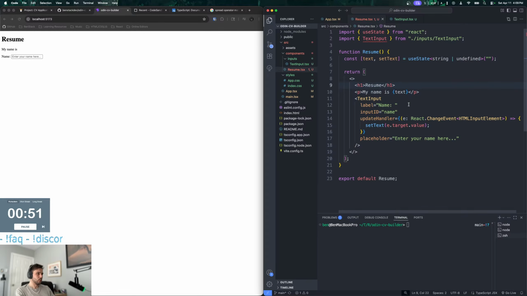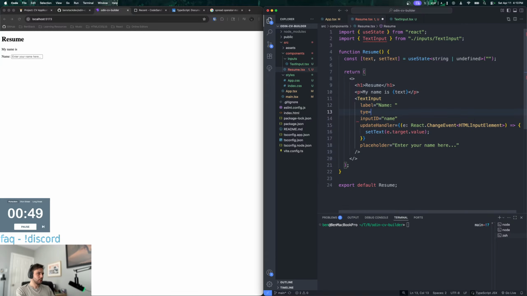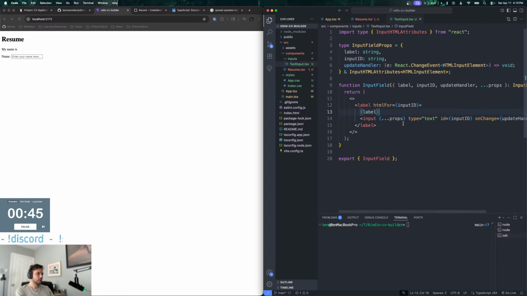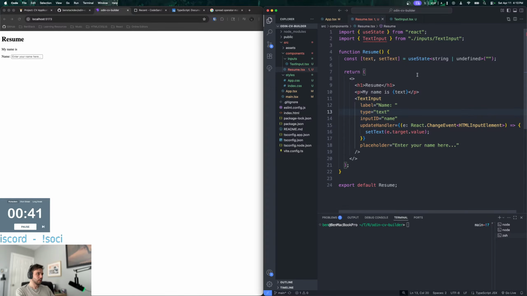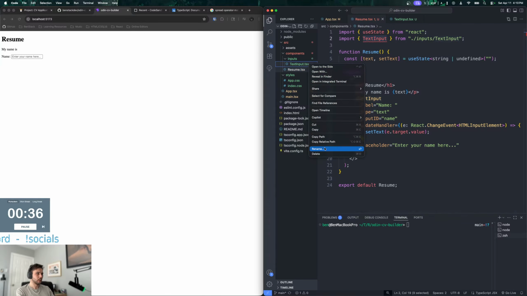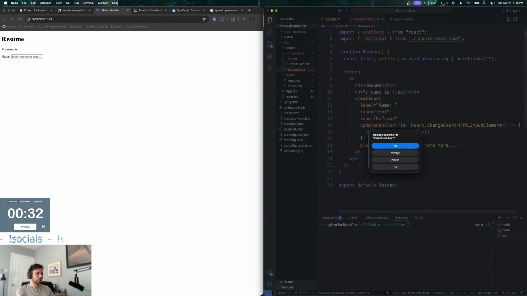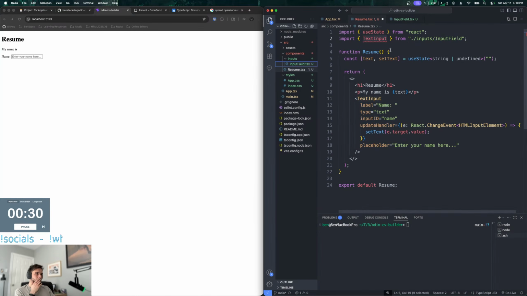So I can do type is text, like this. And then, what's our error here? Oh, because of this input, rename this to input field. There we go.